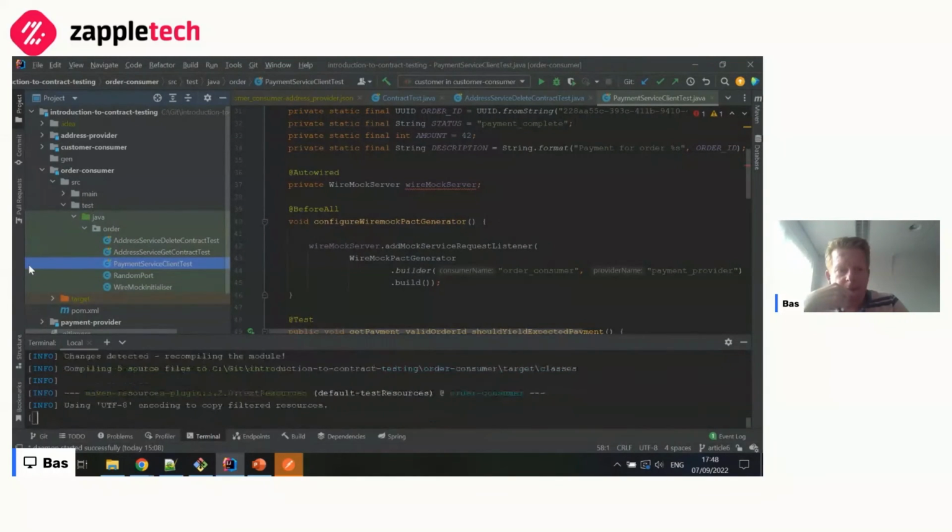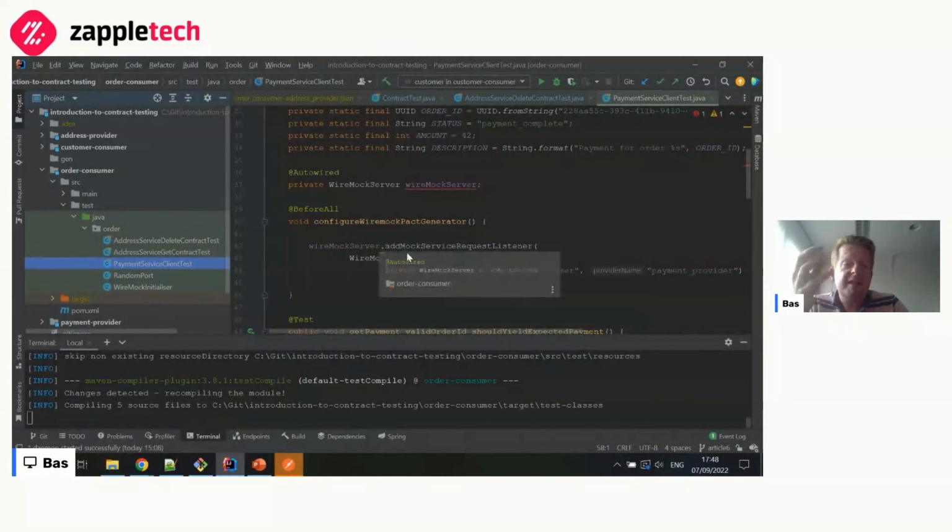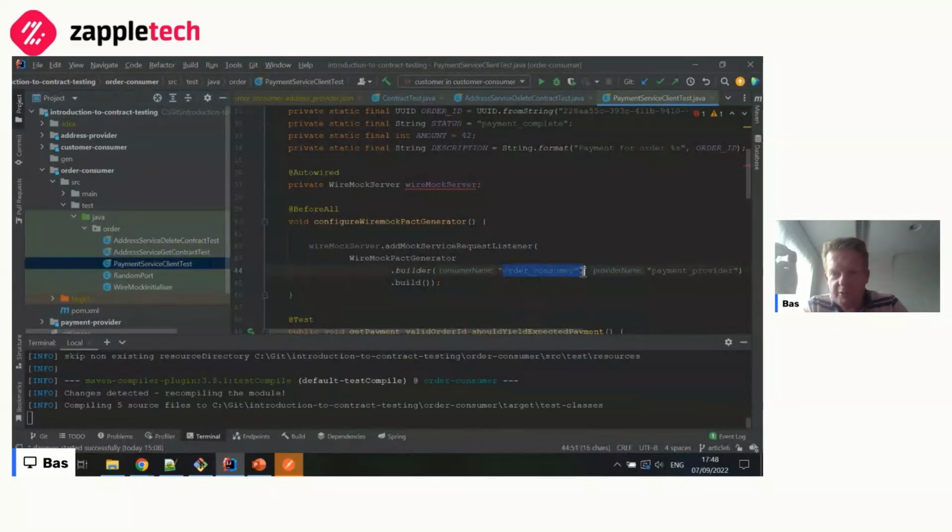It then generates a contract as well. So it takes a while. It generates a contract between the order consumer and the payment provider, which